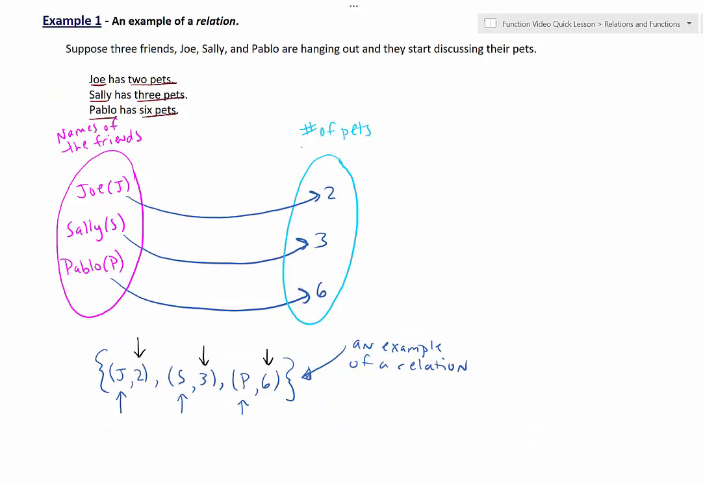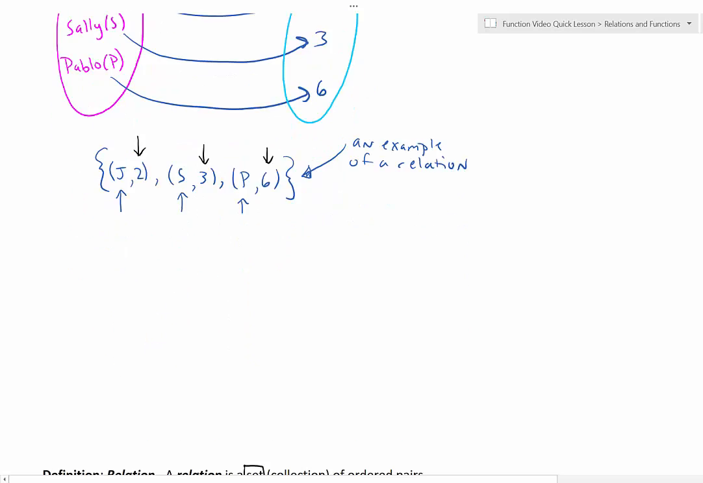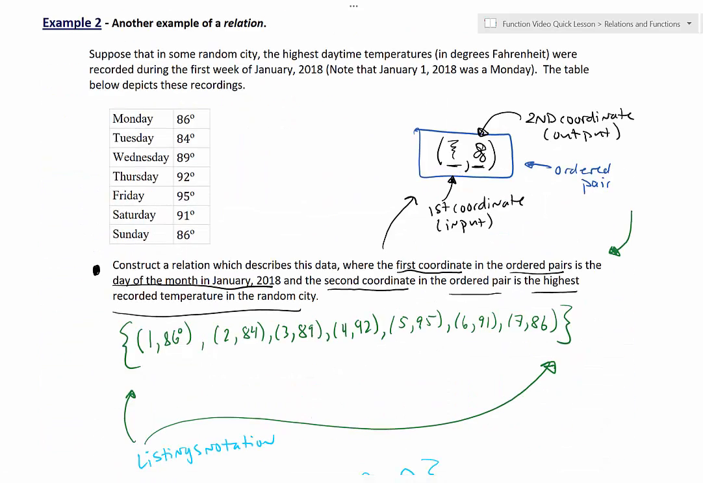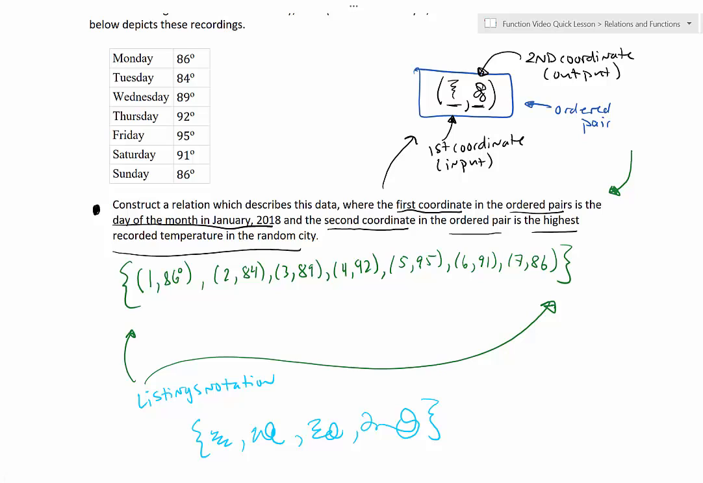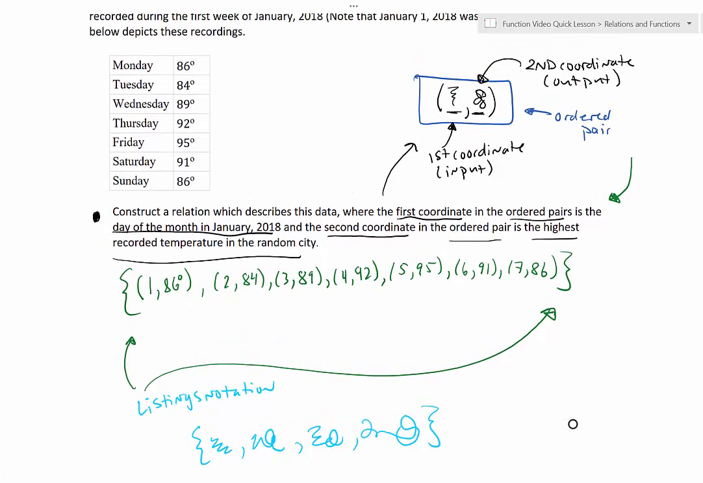For relations, we had the example with the friends who had different pets. Each friend had a different number of pets. We had another relation in which some random place, first, second, third, nth day of January had a corresponding highest degree temperature measured in Fahrenheit. Numbers of the month, first coordinate, temperature, second coordinate. The notation we were using for the time being to describe such sets, such relations, such collections of ordered pairs